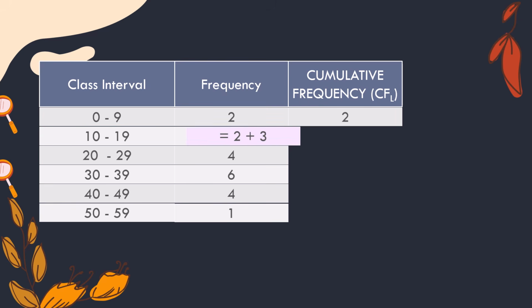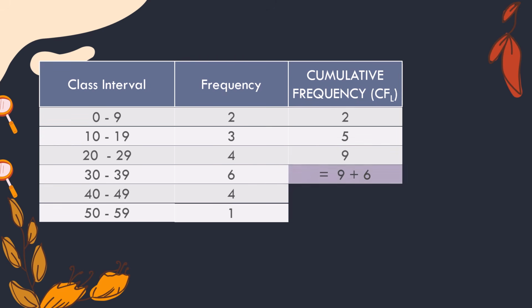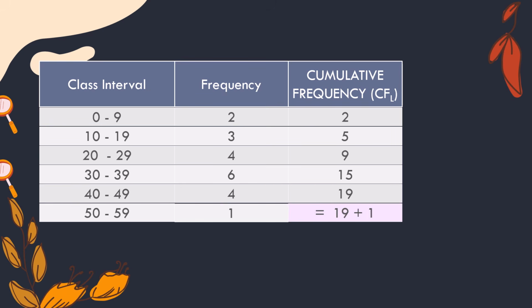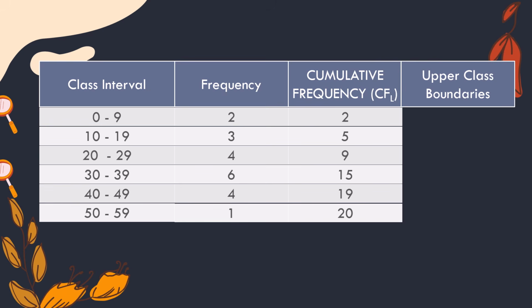2 plus 3, that is 5. 5 plus 4, that is 9. 9 plus 6, that is 15. 15 plus 4, 19. 19 plus 1, that is 20. And then afterwards, let us get the upper class boundary. So the solution, 9 plus 10 is 19, divided by 2, that is 9.5. Or we can just add 0.5 to all the upper limits. So that is 9.5,